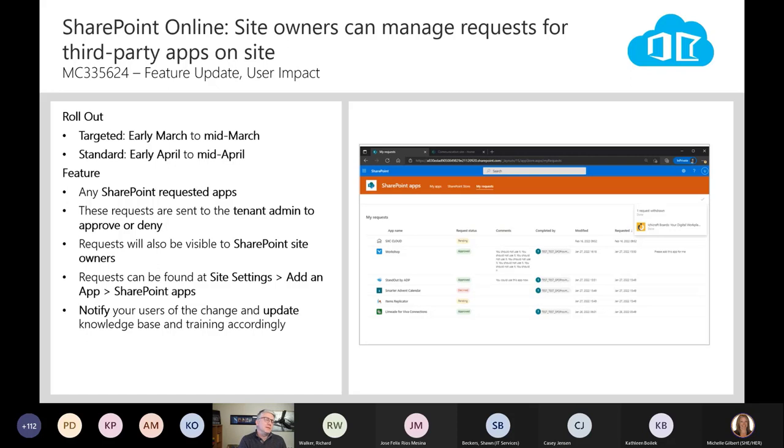And it kind of puts them in the middle of it so they can say, hey, no, I don't think we really want to go down that route, as opposed to, yeah, here it is, good. And then maybe the tenant admin comes to the site owner and goes, did you know this is being requested? So this is coming out here, targeted release for those people who are on the targeted release schedule,